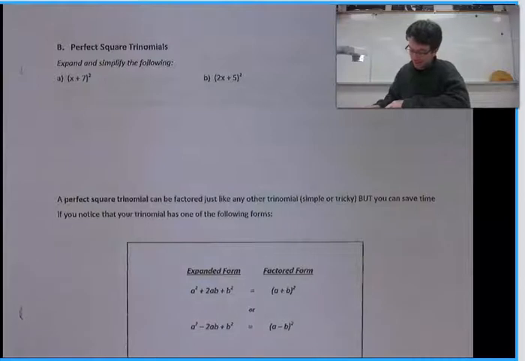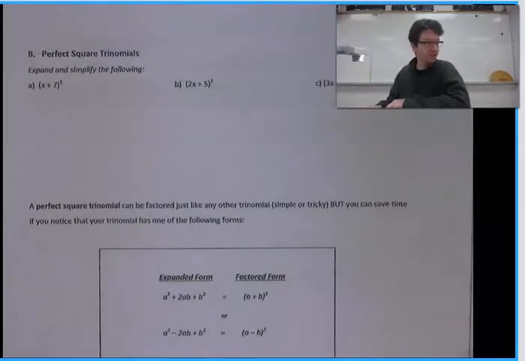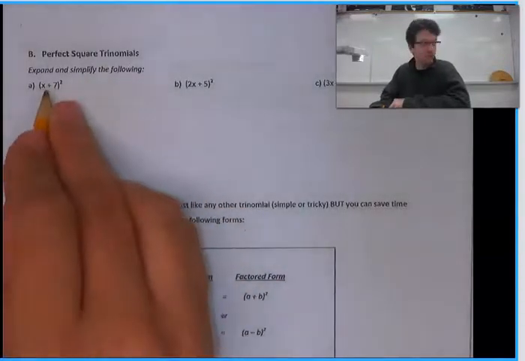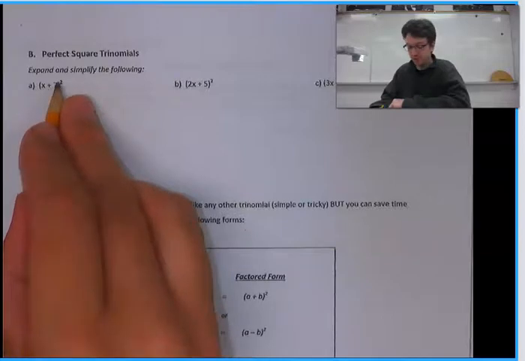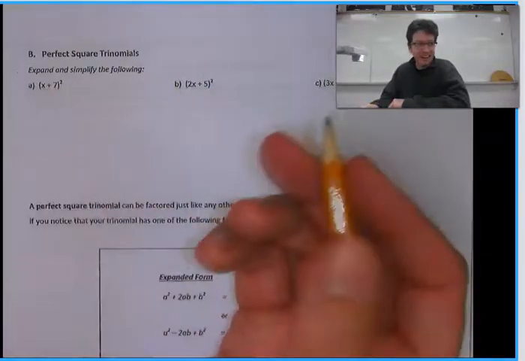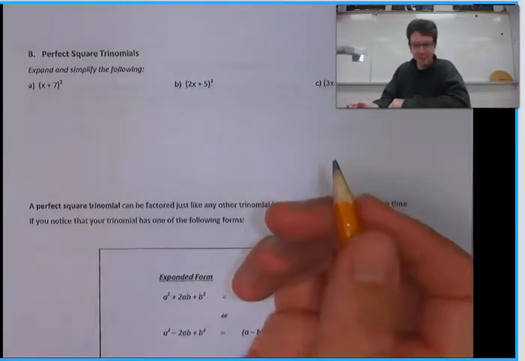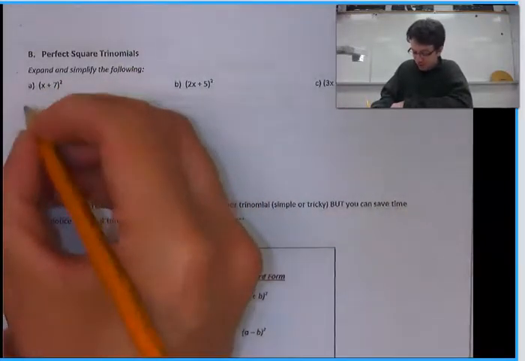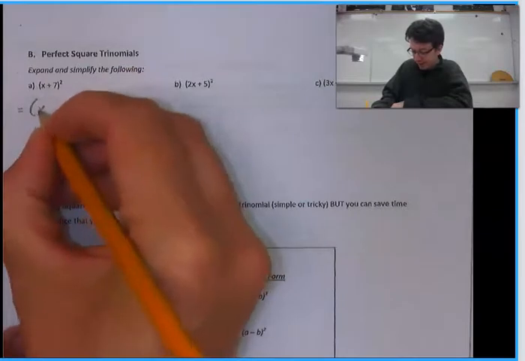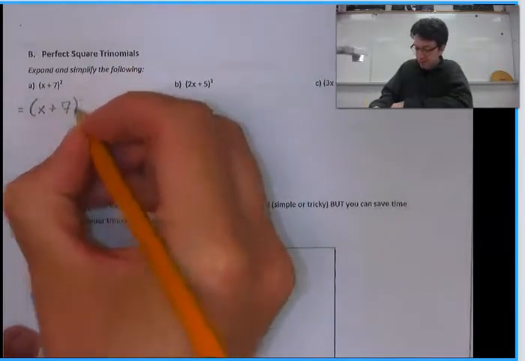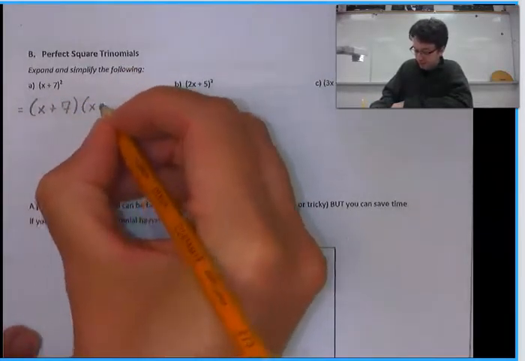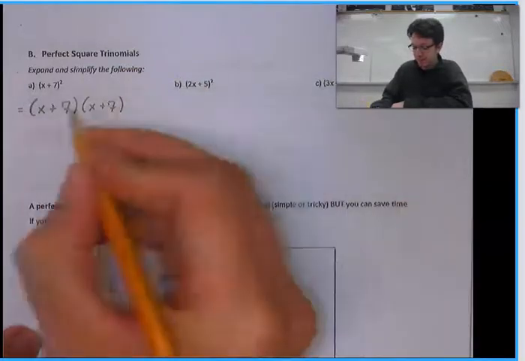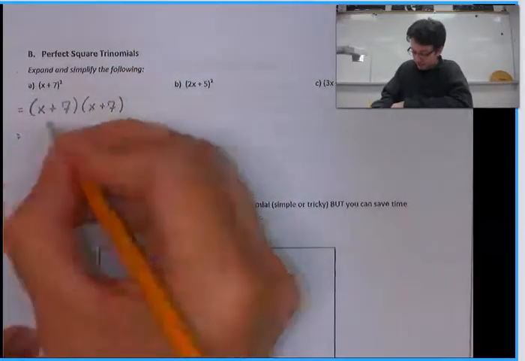All right, so there's a second special case we're going to be looking at, and this is a perfect square. This is when you have a binomial multiplied by itself, or that binomial squared. So let's try again, and we're going to expand these, and see if there's a pattern that evolves. If you have something squared, you can just write it out twice. So x plus 7 squared is just x plus 7 multiplied by itself. And then you can just FOIL that. So you'll get x squared